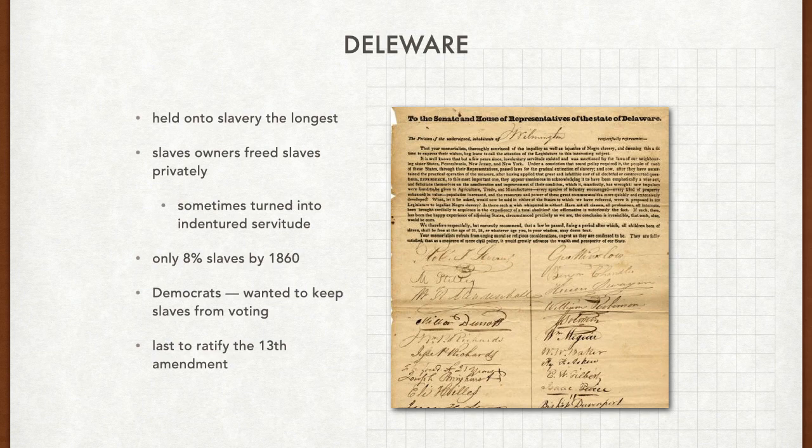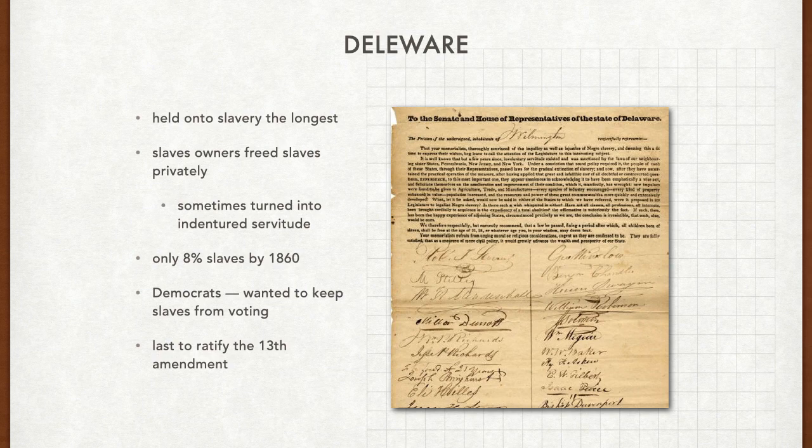Technically, the 13th Amendment ended slavery in Delaware. However, the state was the last to ratify the amendment, as I mentioned, meaning they adopted the amendment into their constitution. The state constitution. Each state has a different constitution. When you pass an amendment like the Voting Rights Amendment for women, the states have to adopt that into their individual constitution. It's a whole process.